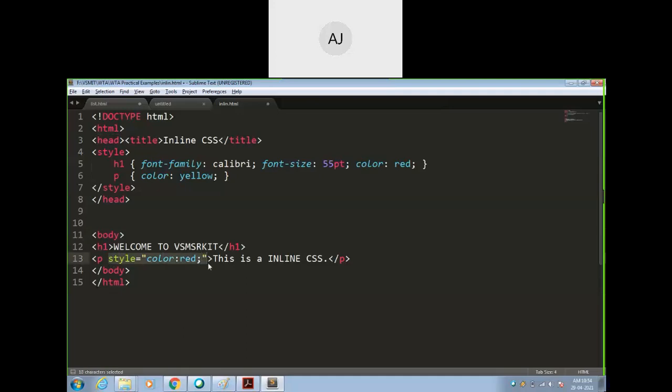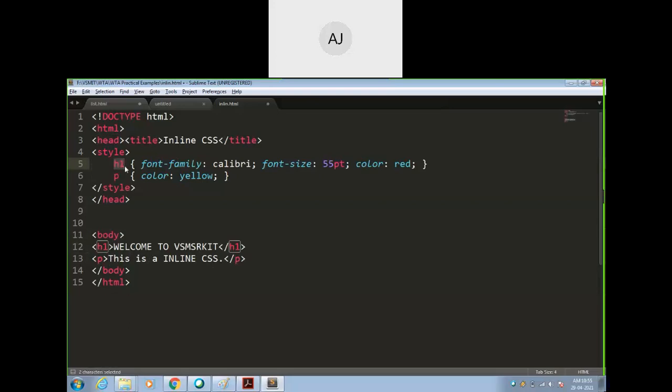Now what is happening is here H1 is used. Now what are the default values for H1? Normal default values, black color, text size will be 36. But here I am writing the rule within the head section. Okay. So before body executes, this head section will be loaded into the browser. And what this H1 says, do not use the default values.